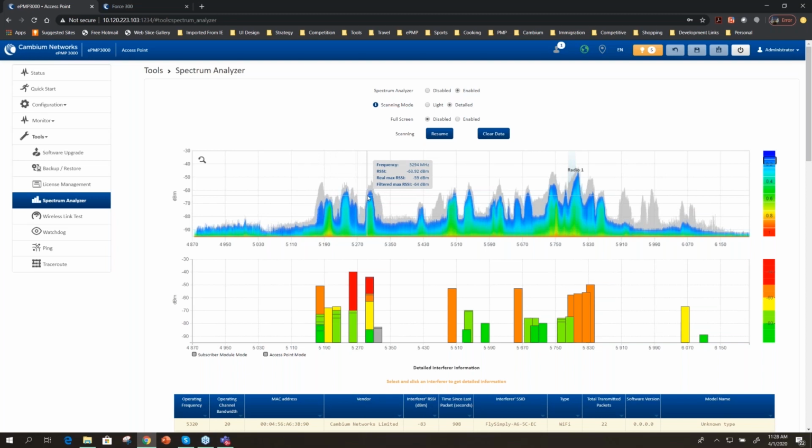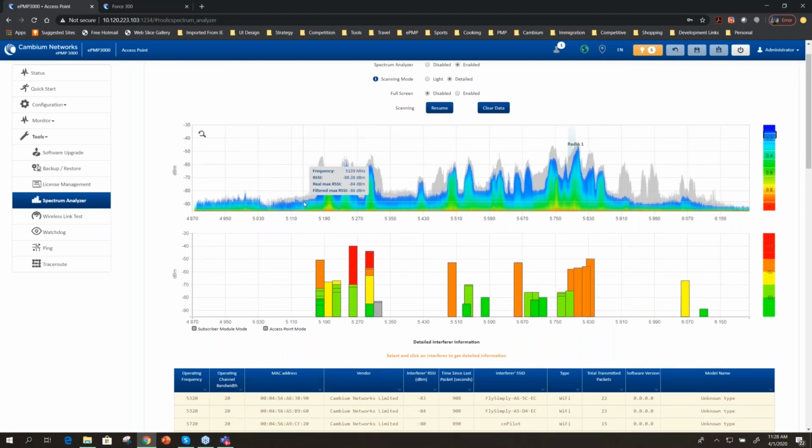The thing to keep in mind is, as you look for a channel, you see a max RSSI on that channel, let's say here, -84. So what you have to assume is that -84 is essentially the interference level on that channel. So now if you put up a radio or a link with a Force 300-25 and you're able to achieve -55, then you potentially have 30 dB of SNR or C2I, which is pretty good, which means you're going to run 64 QAM and pushing towards 256 QAM.